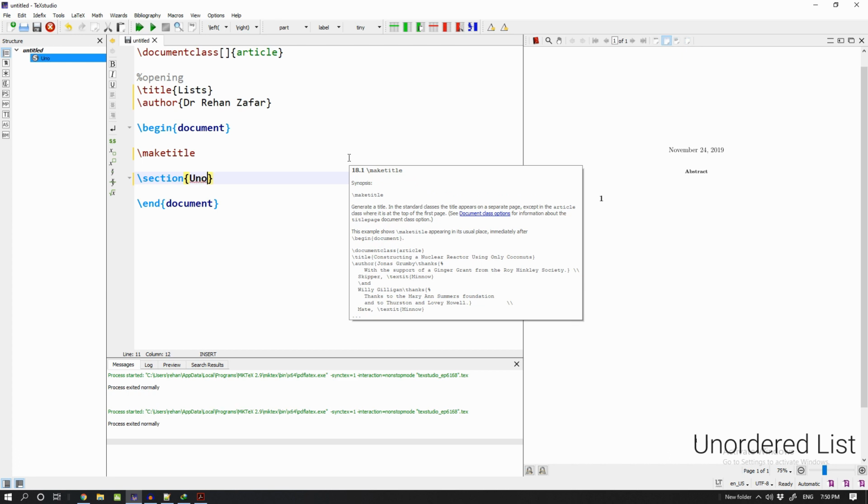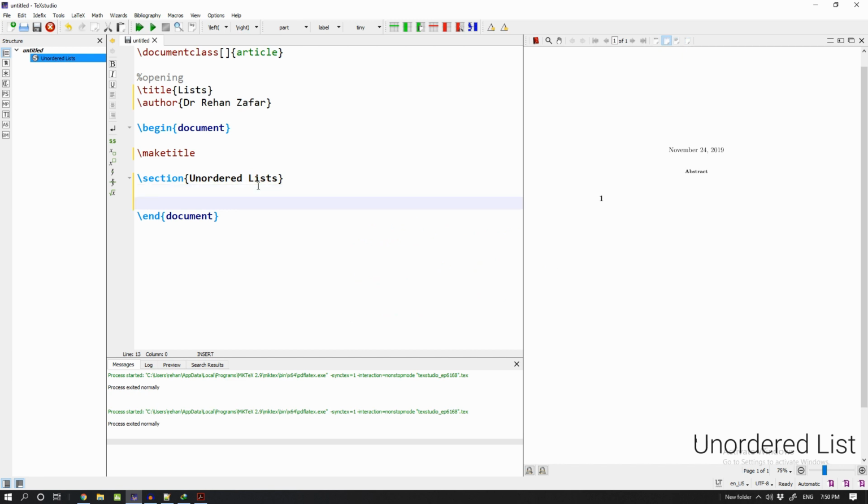First of all, we will look into the unordered lists. These unordered lists are created by declaring the itemize environment. So let's declare the itemize environment. \begin{itemize}